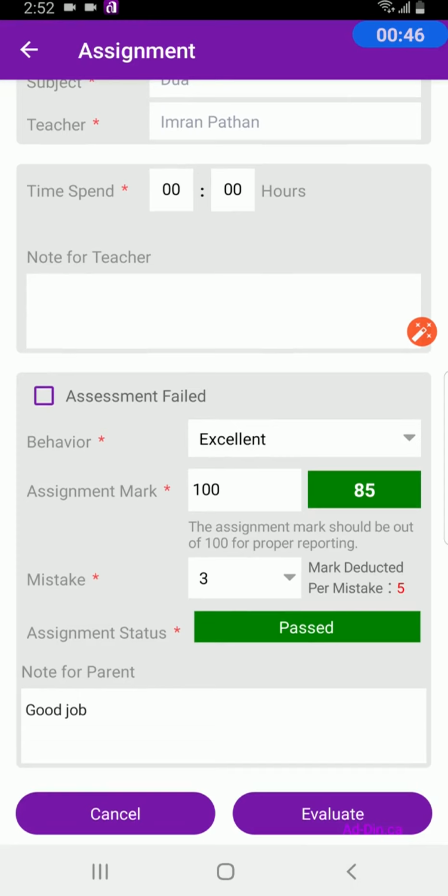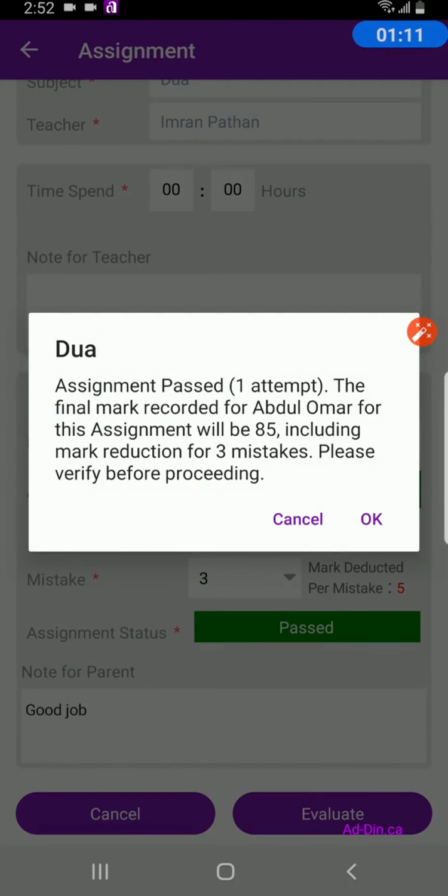The only difference between the standard assignment review and the Quranic assignment review is there is no start and end ayah picker in the standard assignment. Standard assignment is merely for capturing the behavior, the assignment marks, and notifying the parent about the child's progress against that particular subject. So I have filled in this much detail, and I'm just going to say evaluate, and again